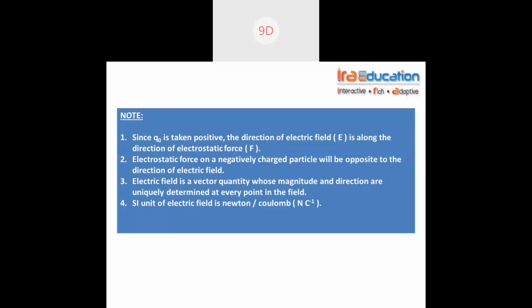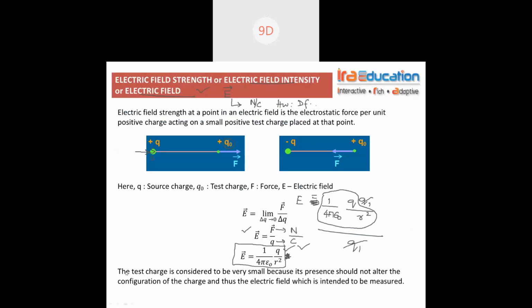We have already discussed this point. I want to tell one more point over here. I think in the last class I mentioned. Suppose I want to talk about force, force can be written as Q into E. In most cases you will find this formula in this way: F is equal to e into E. Why e into E? If I'm talking about a single electron, Q equals Ne, guys. One electron means Q becomes equal to e. So at that time the formula can be written in this way.